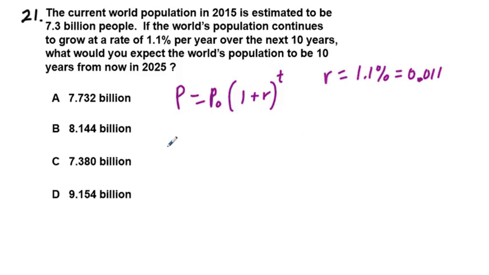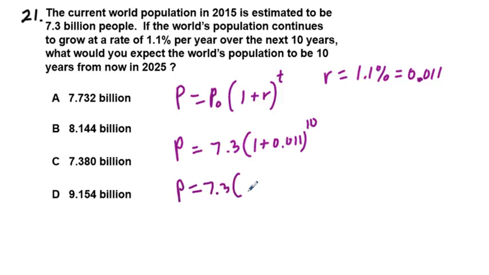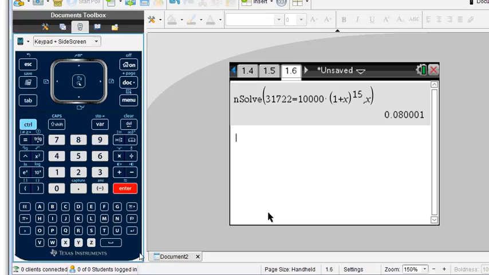Now we can just plug into this equation. So P is equal to 7.3, as in billion, times 1 plus 0.011 to the power of how many? It's 10 years? 10. So we have P is equal to 7.3 times 1.011 to the power of 10. And now going to our calculator, we just put in 7.3 times